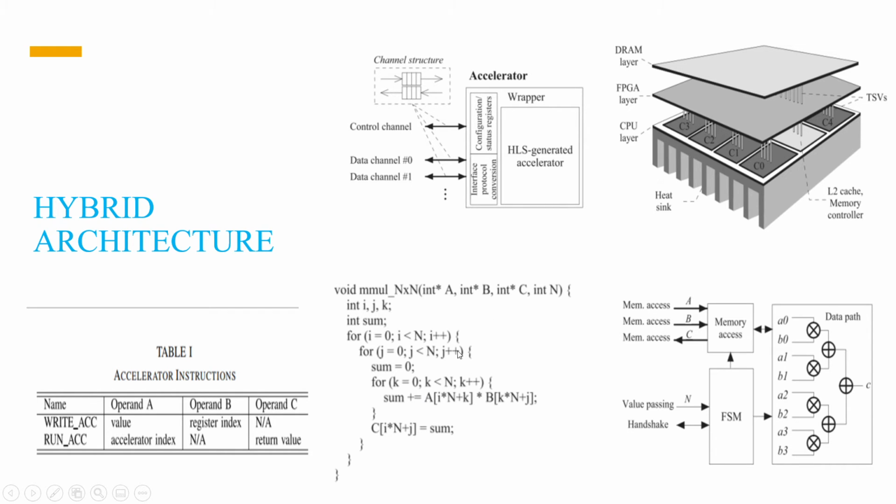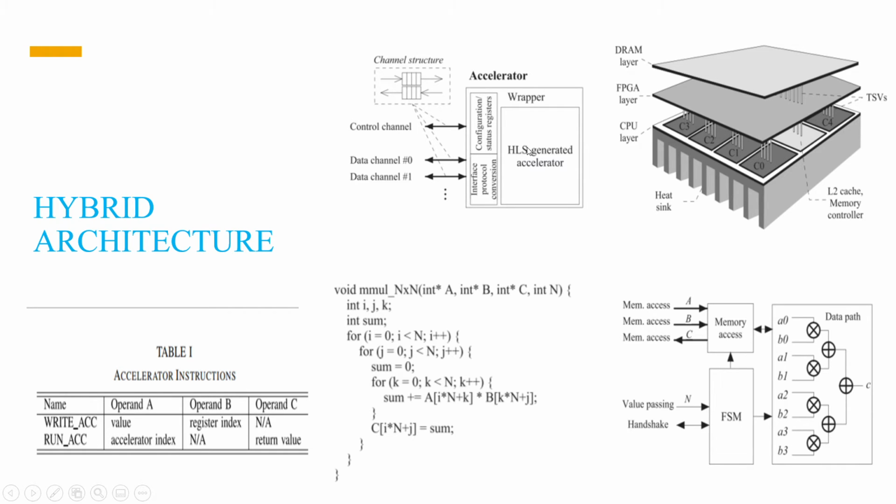This figure shows the original function in C, which multiplies matrices A and B and stores the result as a matrix C. All the matrices are stored in row major order in the function. The two outer loops iterate through each element of matrix C, and the innermost loop iterates through the corresponding row of matrix A and column of matrix B to calculate the matrix C element. This is the code, and this figure shows the